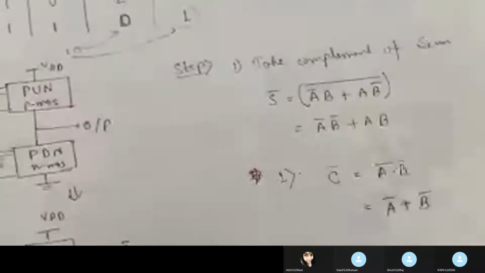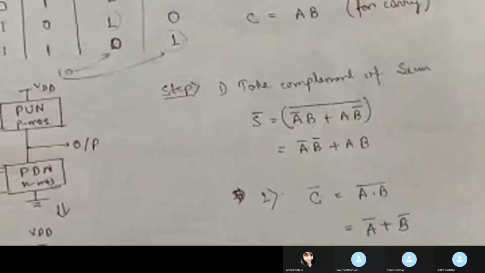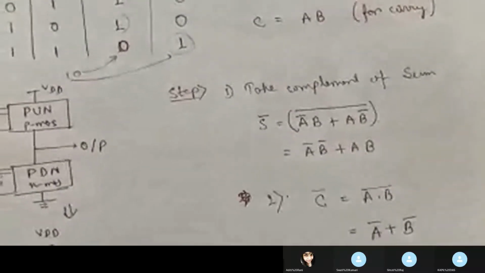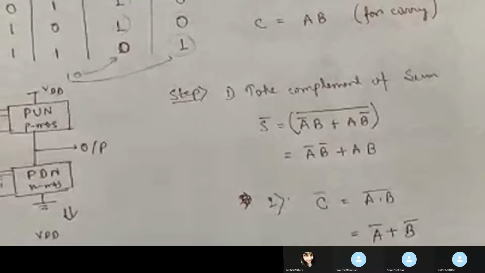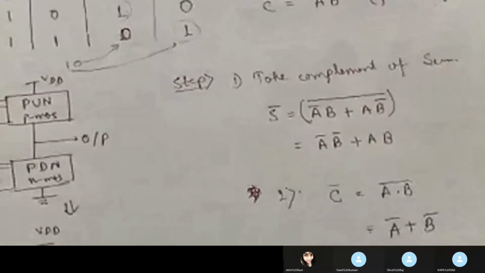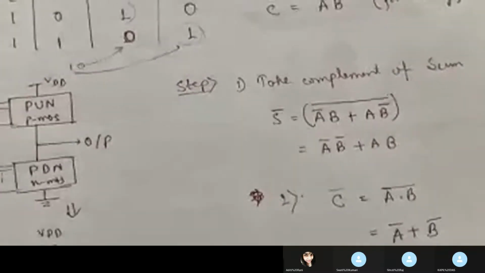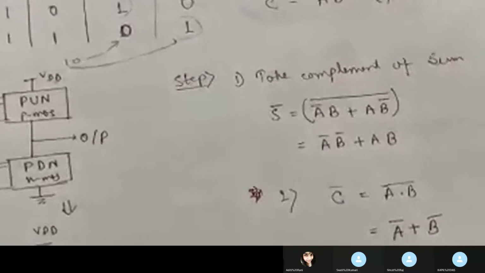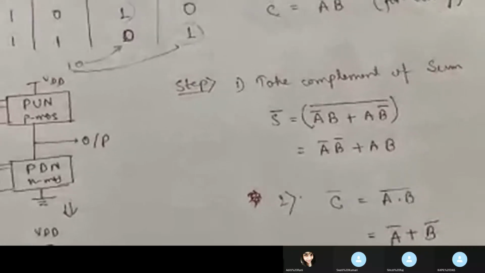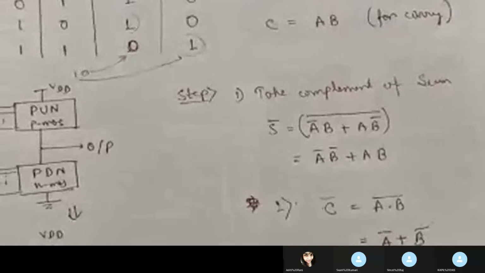Like in the previous class I have already told, to design a CMOS logic, as the CMOS logic is a complete inverter logic, to get your desired output, in the input you need to give the inverted input, so you can get the desired output.